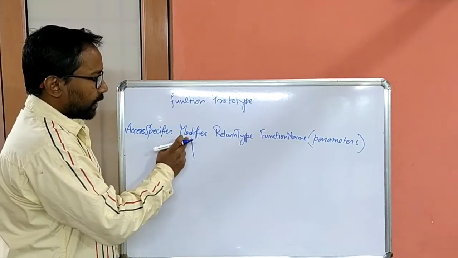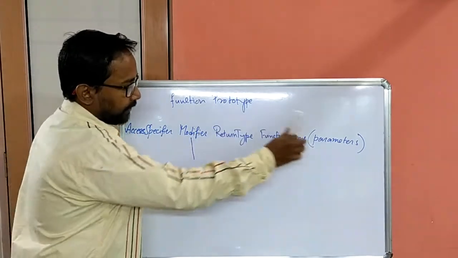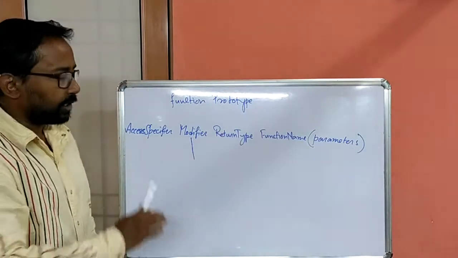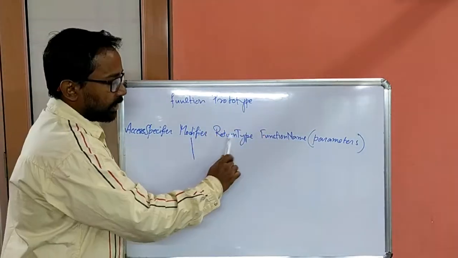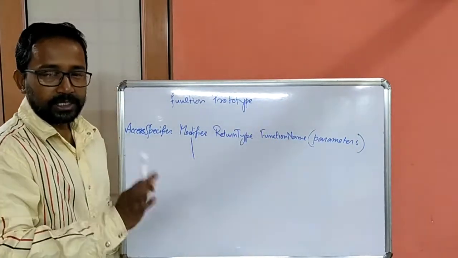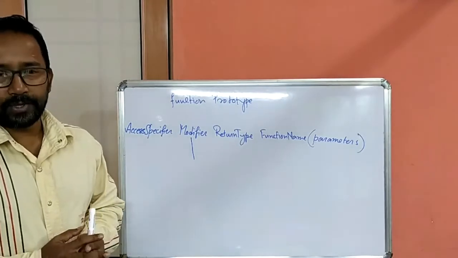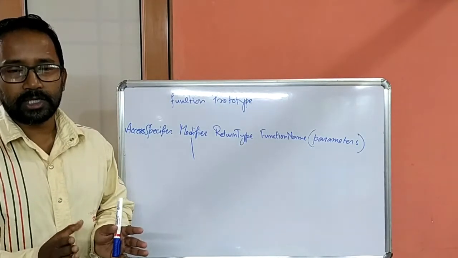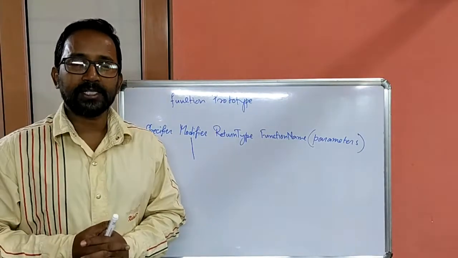So this is also an optional element, just like the access specifier. See, access specifier, modifier, and parameters: these 3 are optional elements in the function prototype. That's why I have written them in italics. But return type, function name, and parentheses are very much essential for any function. We will not learn much about the modifier because modifiers are not in our syllabus except one. There are 6 modifiers in total, and we will only learn the static modifier.